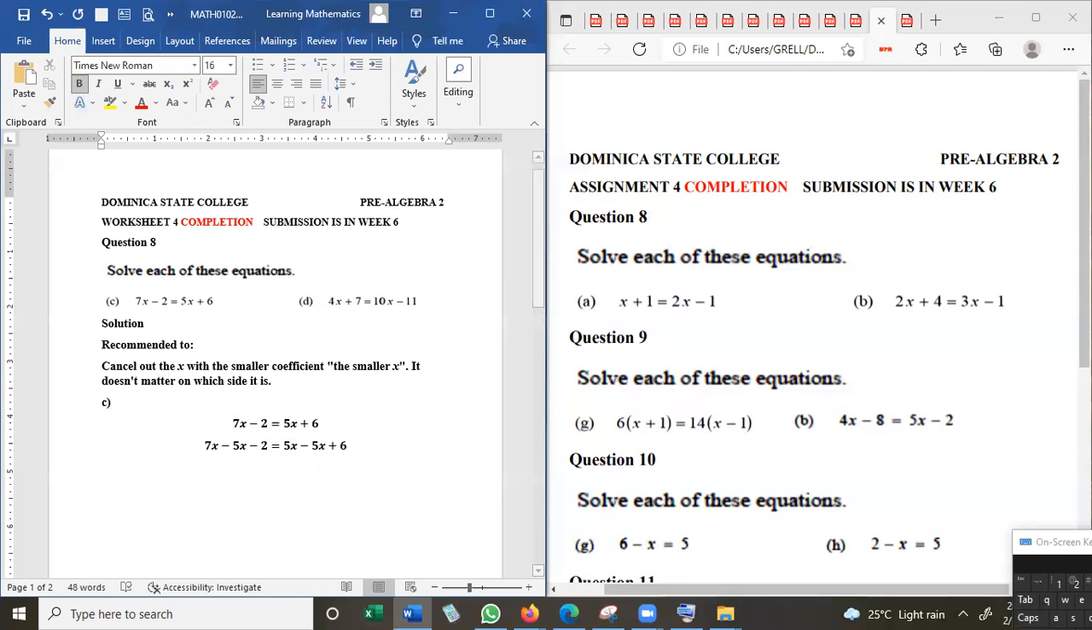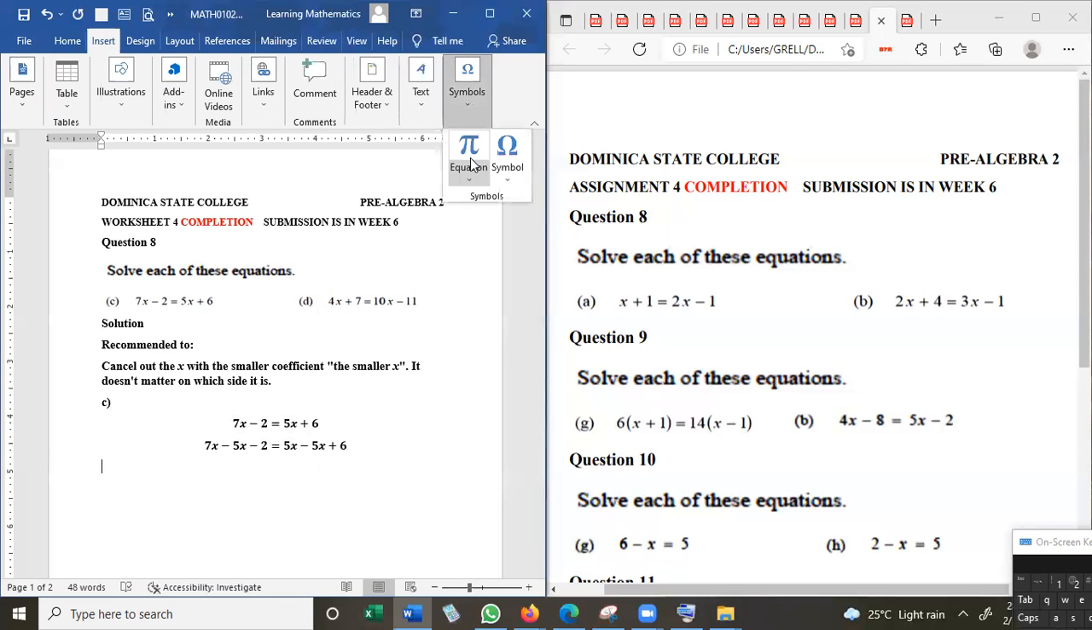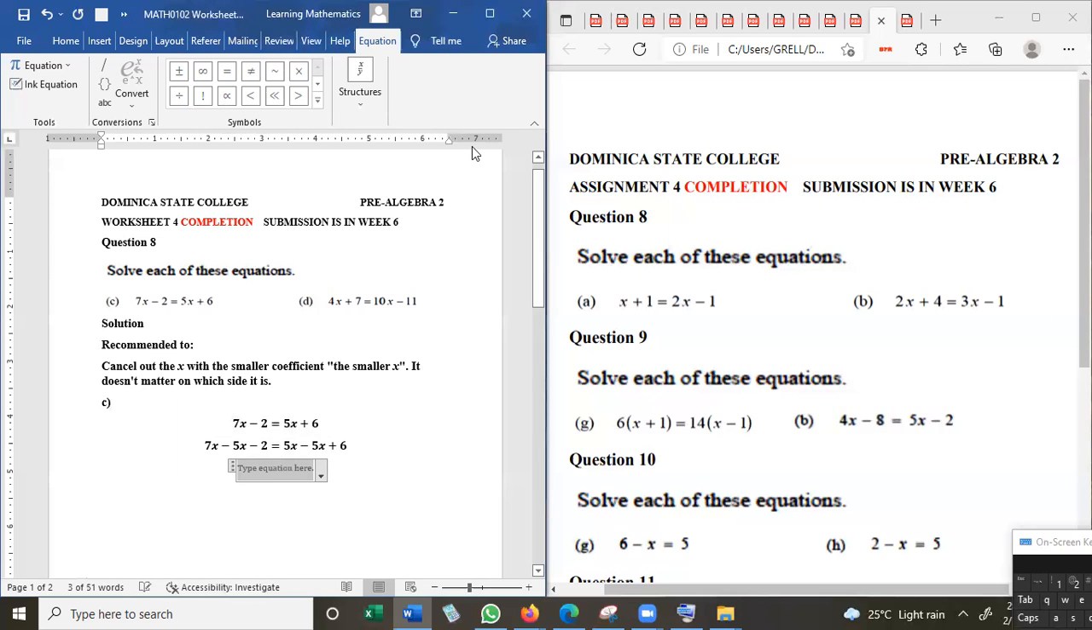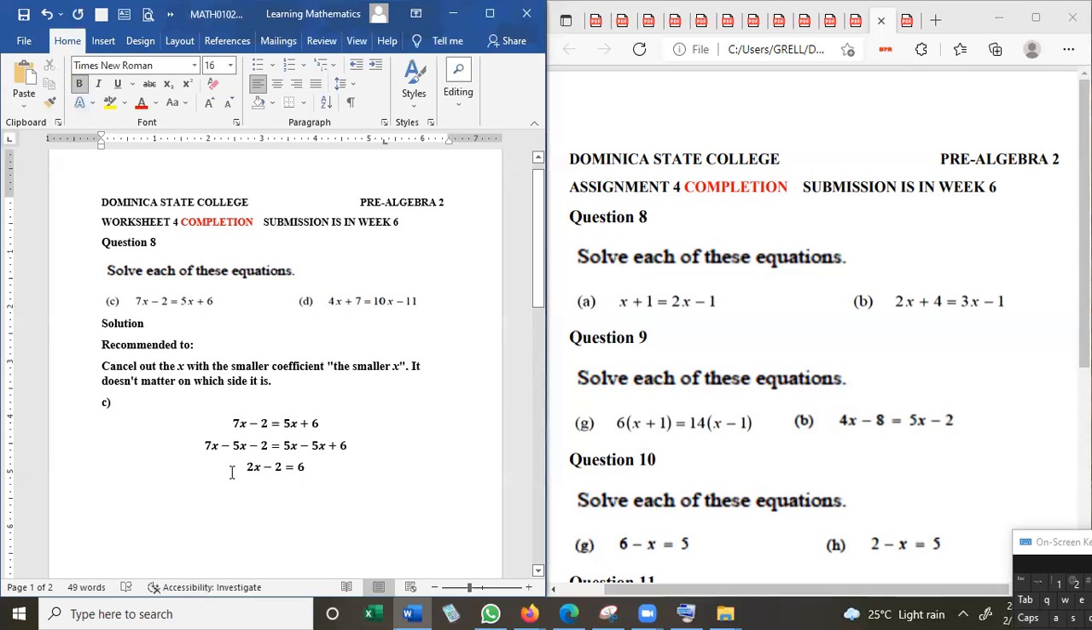So 7x subtract 5x will give us 2x. And then we have a -2, and we are left with a 6 on the right side. So now we're going to cancel out -2 by adding 2. We add 2 on the left, we have to add 2 on the right. So we are left with 2x on the left is equal to 8